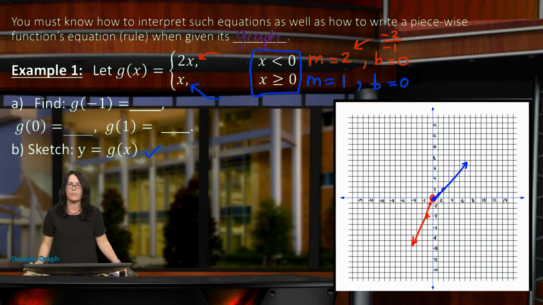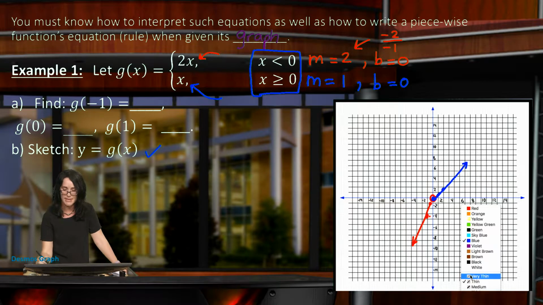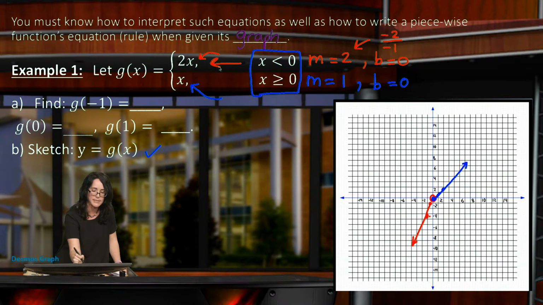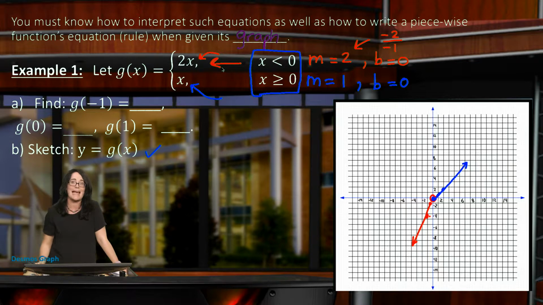What is g of negative 1? Well, I could look at my graph. Again, a sketch is not something I want to depend on, especially if I wasn't using a ruler, right? So let's take a look at the equation instead. This is saying when x is negative 1, what is y? Well, which of those pieces would I use? X is less than 0. You're right, it's the first piece. So I would actually use the first piece because that's when x is less than 0. So looking at that first piece, when x is less than 0, I would plug in negative 1 for x. So 2 times negative 1